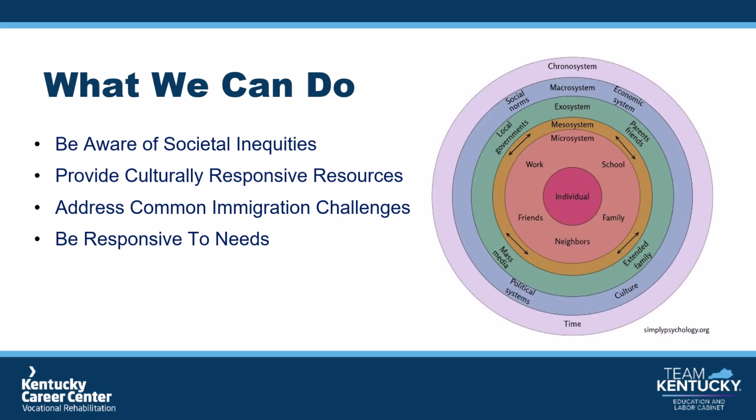So to review, we can use the ecological model to gain knowledge about how those acquiring English, such as immigrants, refugees, or migrants, are affected by societal inequities in their new home based on their language capacity, disability, culture, race, and ethnicity. This helps us be aware of the societal inequities they may face and how that affects their well-being. It's also a way that we as service providers can use this knowledge to provide culturally responsive resources that can improve these disparities in societal inequities.